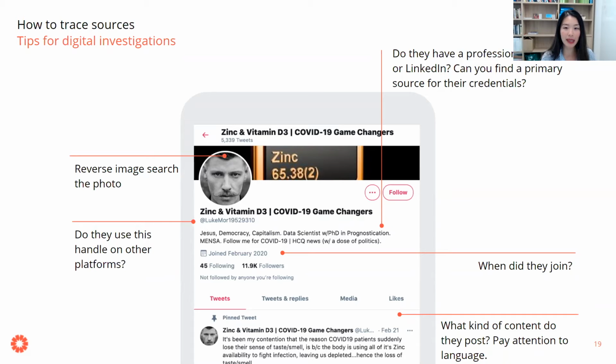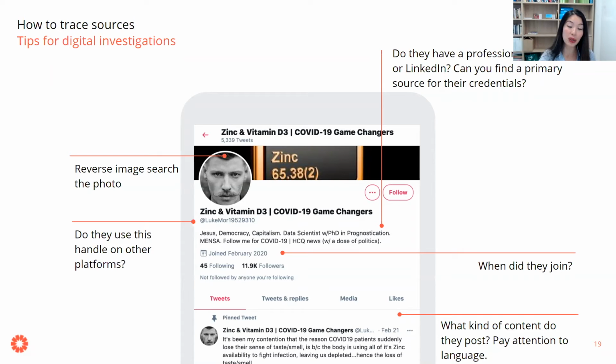And the username is zinc and vitamin D, COVID-19 game changers. So the things that we should take note of are, first of all, the handle. It's not always, but sometimes one of the signs of an inauthentic Twitter account is a bunch of random numbers in the handle. So it could be a flag that this person is concealing their identity.